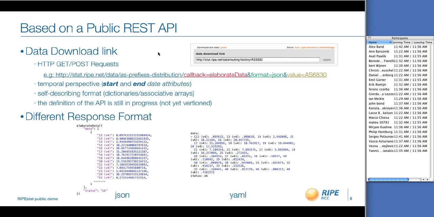So you can just have a look at the data, and it will be pretty easy to understand the semantics behind. Unfortunately, this is still a work in progress, so not all of the views implement this enhancement, and so far we haven't yet versioned the API, so it might change in the future, and actually it's quite likely to change. But the stability of the raw API is going to proceed, so we are working on it too.